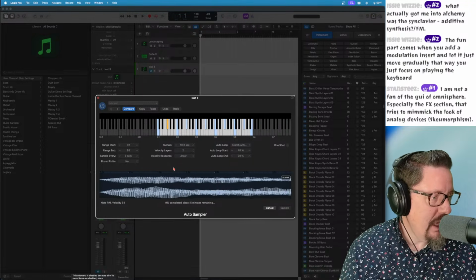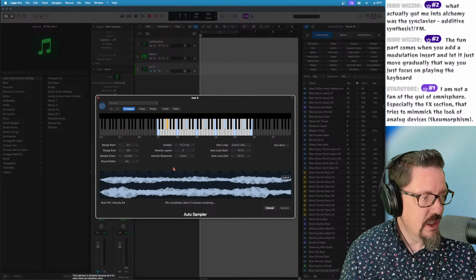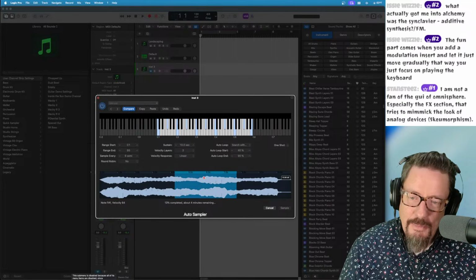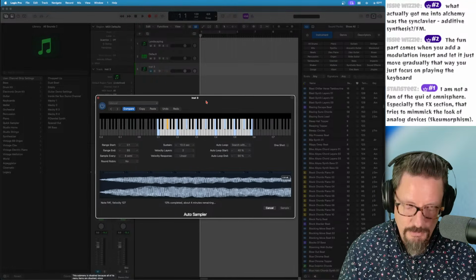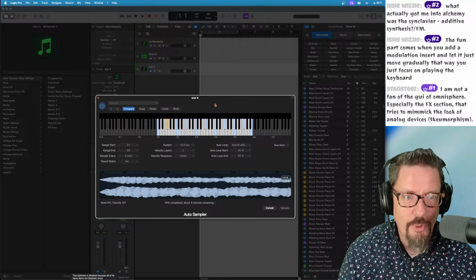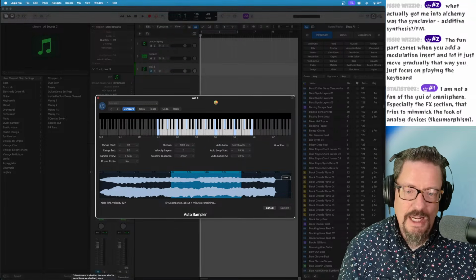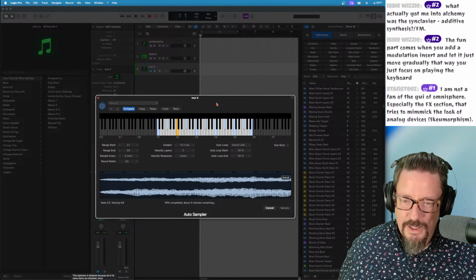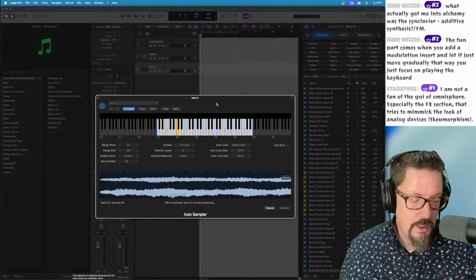Another comment, I'm not a fan of the GUI of Omnisphere, especially the effects section that tries to mimic the look of analog devices. Yeah, I mean, nobody's more guilty of that than Apple in the first place. Once we're done loading this, we can load up the pedal board and have that like completely unnecessary. Makes me never want to use them because they just look stupid, and I don't need something to look a certain way. I do like things that look cool.